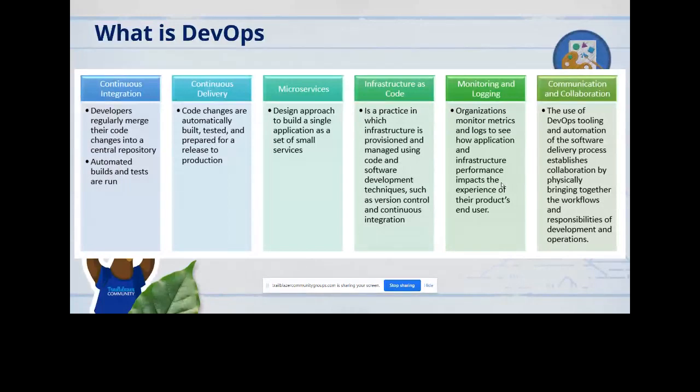Basically, DevOps is a set of tools or practices that we follow in our development life cycle to complete our development process, which includes the deployment till production. While I'm going through the details, it will be good to hear from you what kind of different tools you are using for DevOps. You can share in the chat and I will take a look at that later.